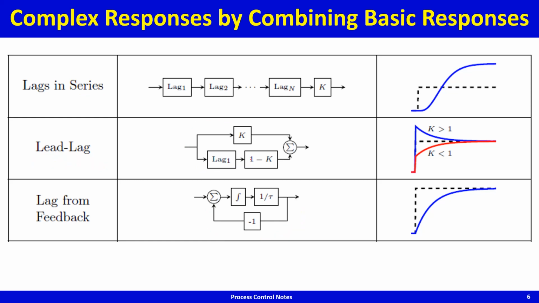So let's look at lags in series. If you give a step here, this is the input, this output would be like this. Now this output will cause a change in the output of lag 2, but this change would now be because it is being forced by an exponential, this would be a bit more sluggish. And if you give this bit more sluggish response to the next lag, the output of that will be further sluggish. So by the time you get here, if this is the time at which the step was given in the input, the output would be something like this,